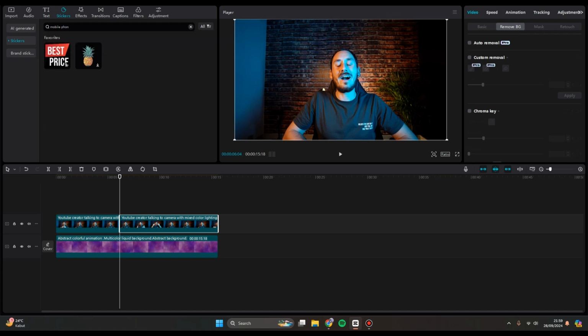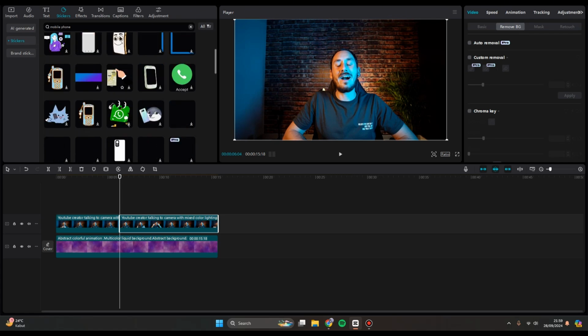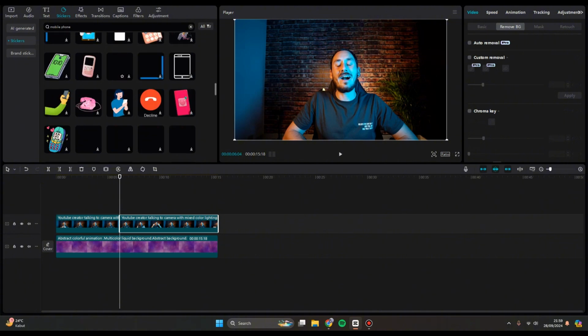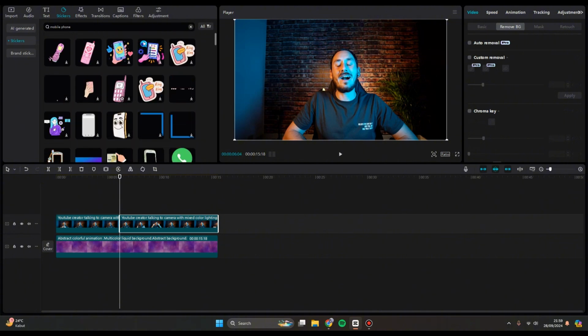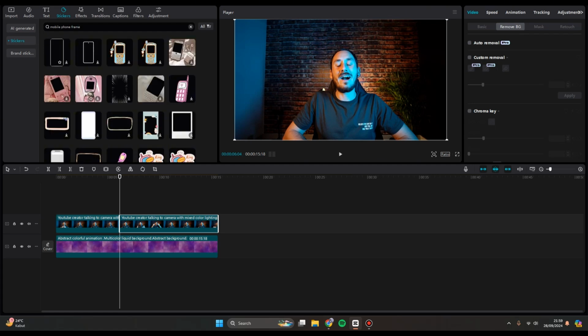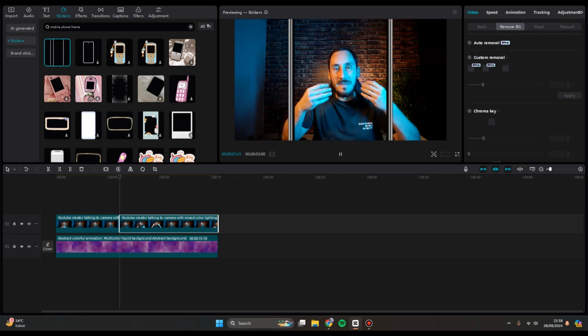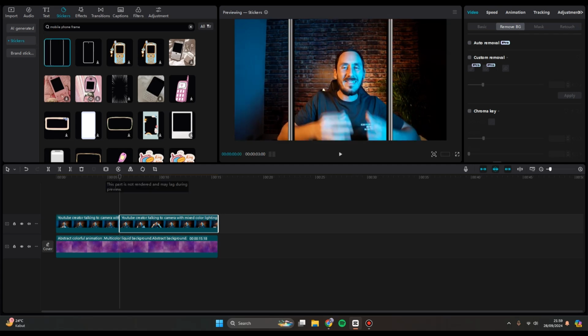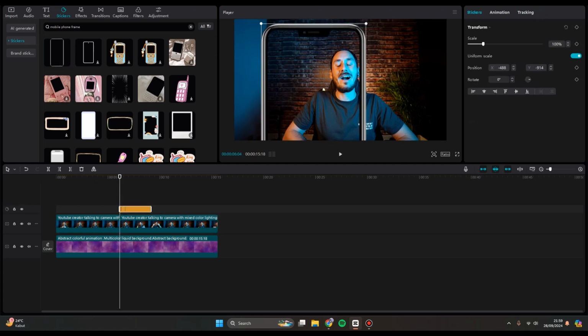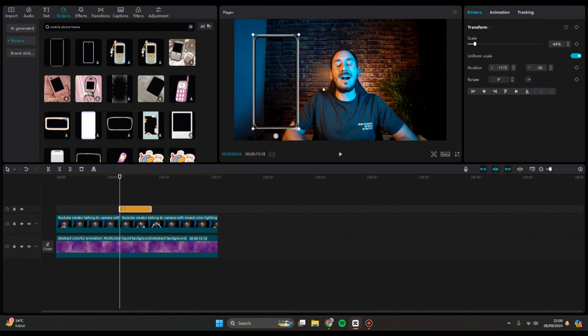Mobile phone in here. And find the frame that you want. Okay, let's use this one. You can adjust the duration and also the position of the frame. I'm going to put it in here, and then let's